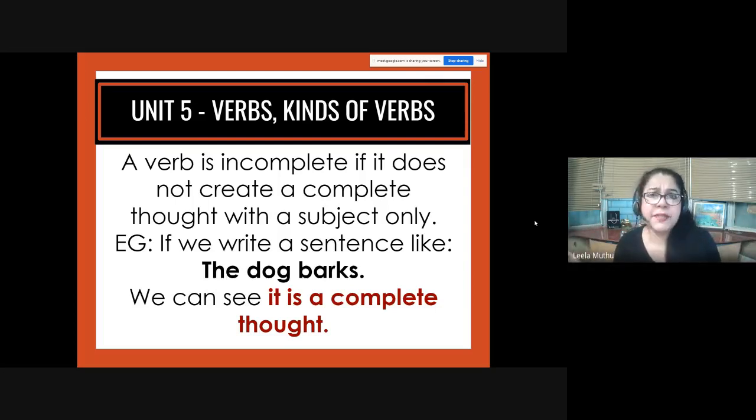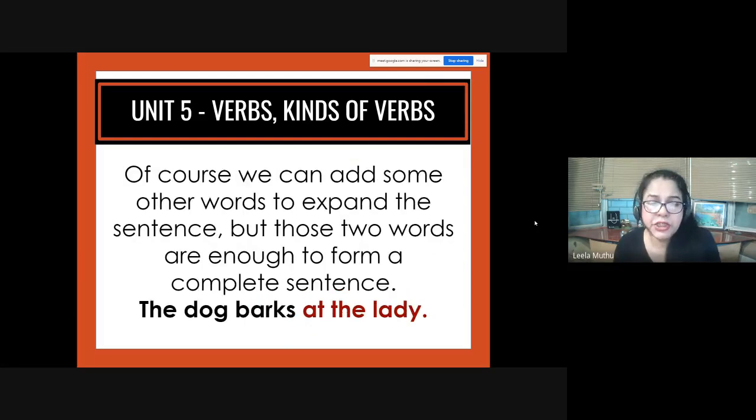You can add some things even after the verb barks to add more information for the sentence. For example, the dog barks at a stranger. The dog barks by itself is a complete thought. You can add more to the sentence to give you more information. We can add some other words to expand the sentence, but these two words are enough to form the